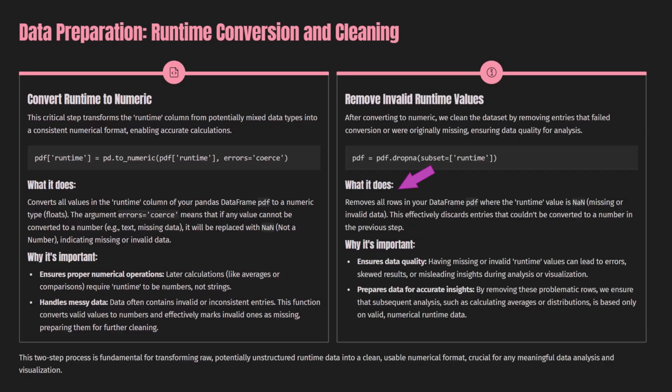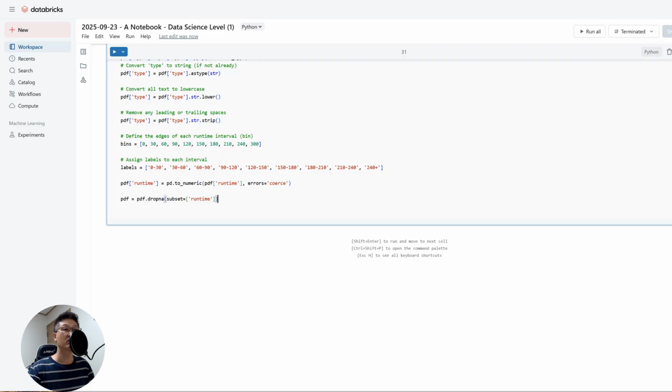This line removes all rows in your data frame df where the runtime value is missing or invalid data. This is important. It is important to ensure data quality and prepare data for accurate insights. This cleans your data set by removing movies and shows with unknown or corrupt runtime data, making subsequent